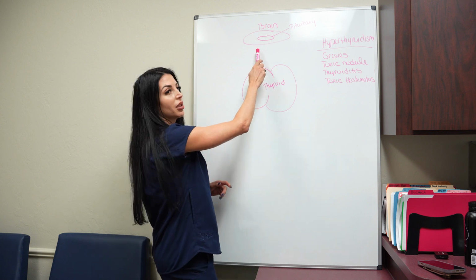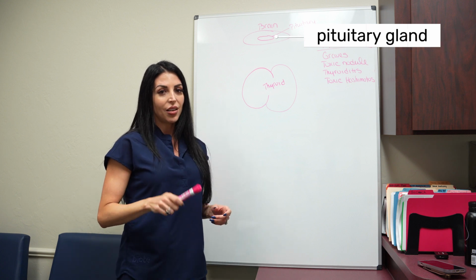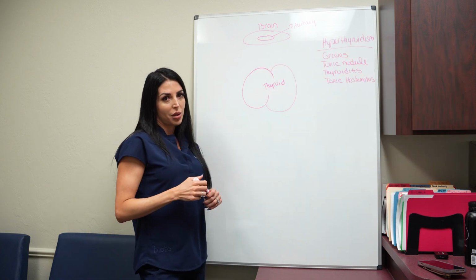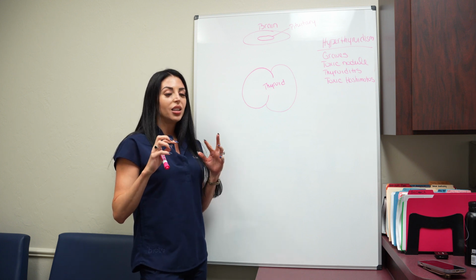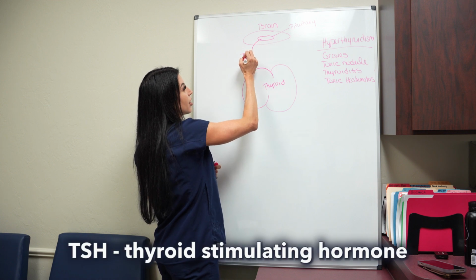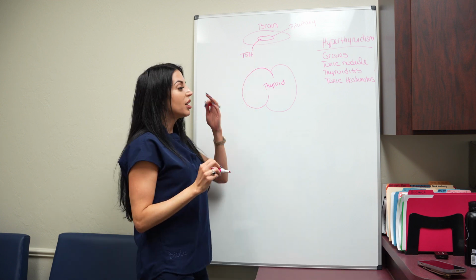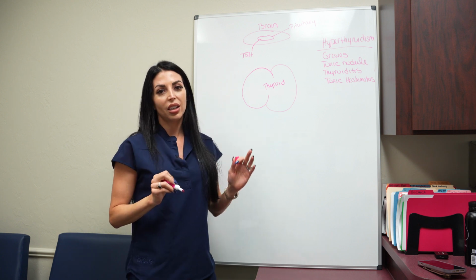This is your pituitary. So your brain has a gland in it called your pituitary gland. If you did not catch my endocrinology video that's on YouTube where I explain everything about endocrinology, you should definitely check that out. A gland in the middle of your brain called your pituitary gland. This is our master hormone gland. So this makes something called TSH, thyroid-stimulating hormone. This is important because this is our thyroid signal to make thyroid hormone.